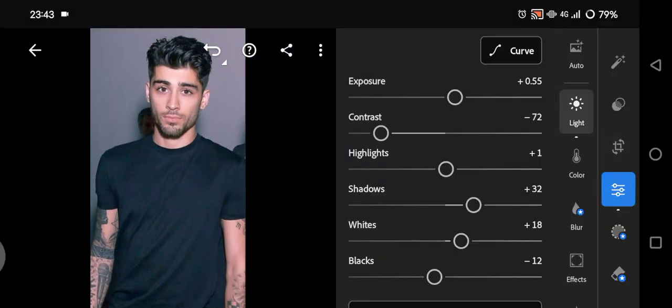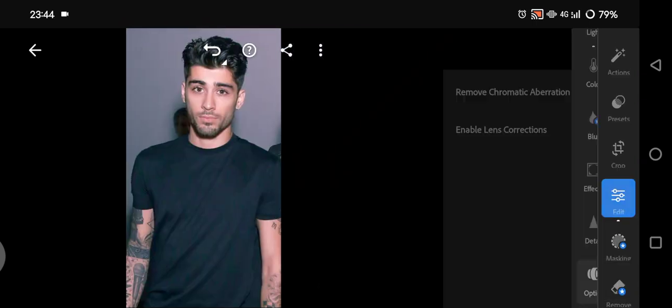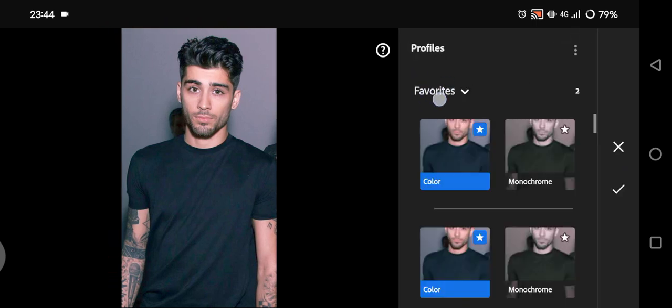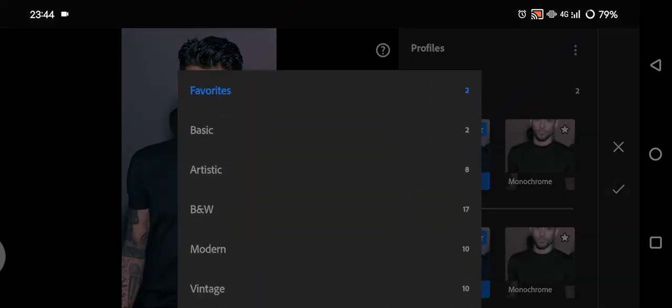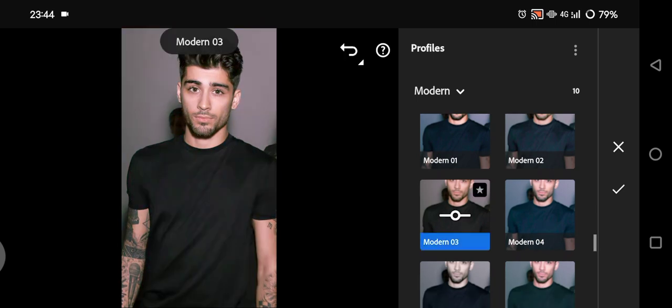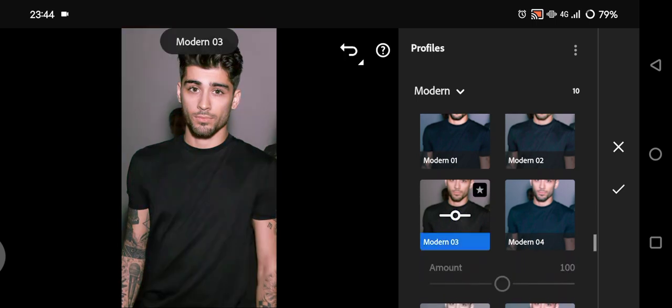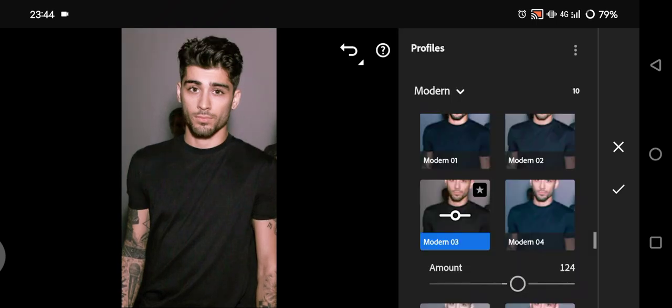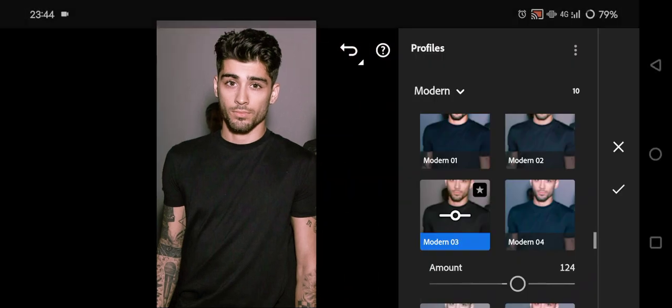Okay, now you can click on edit again and find the profile options and choose the category, which is the modern, and here choose the modern 3 and adjust the amount. So I'm going to increase it a little bit like this, and now you can just tap on the check icon